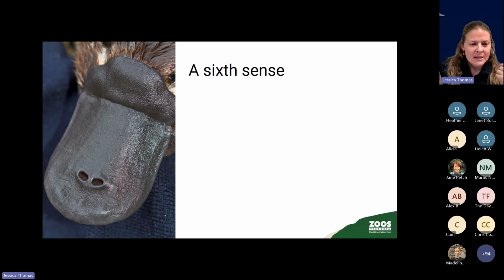So this is a close-up of Milsom, who was the one upside down on his back a little bit earlier. And you can see all these little fine, tiny dots that are all over the surface there. So these are little pores, and they all have a nerve ending that's inside them. And there's 2 types of nerve endings or receptors that are in this bill here. So the first type is called an electroreceptor,